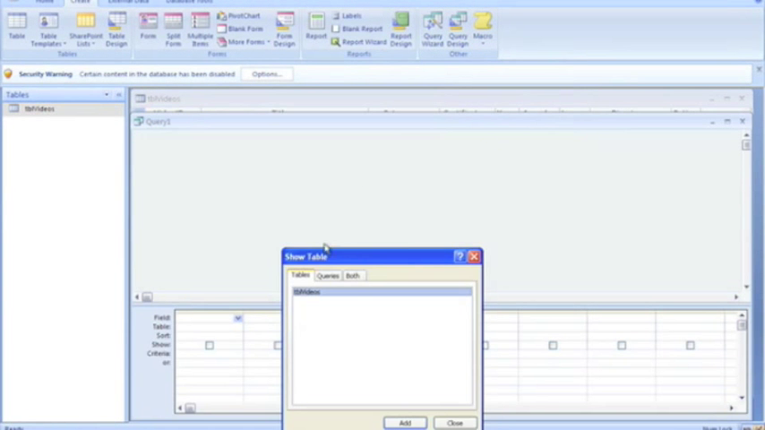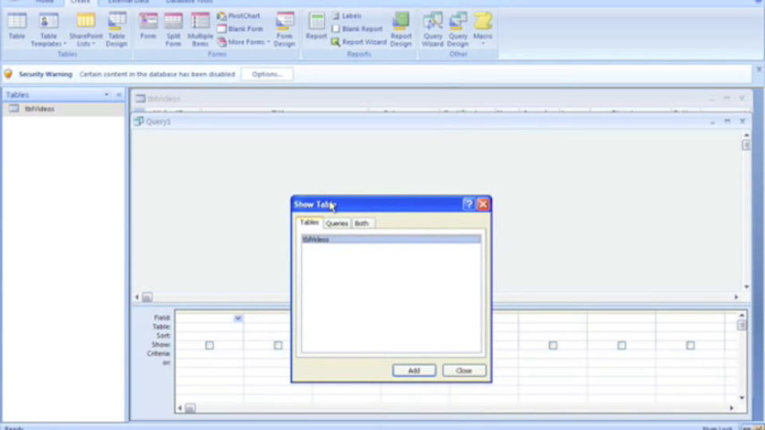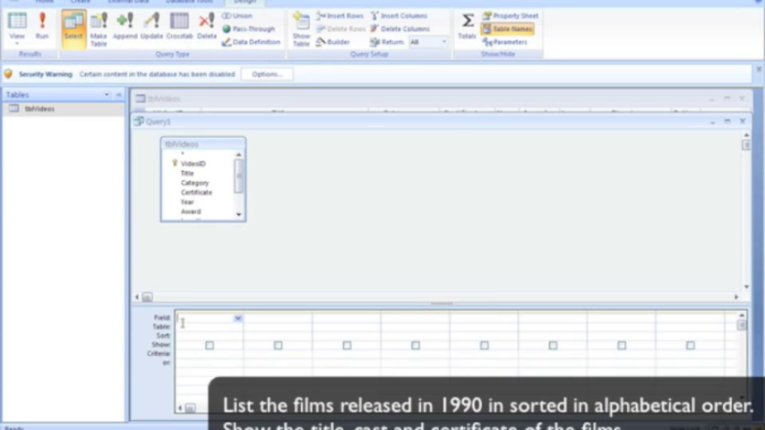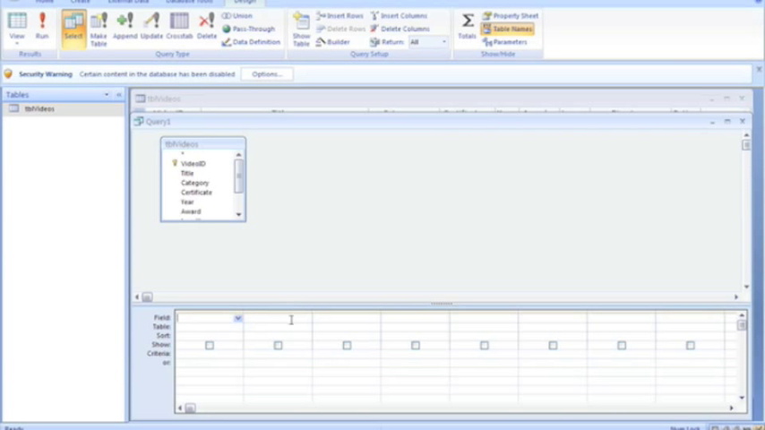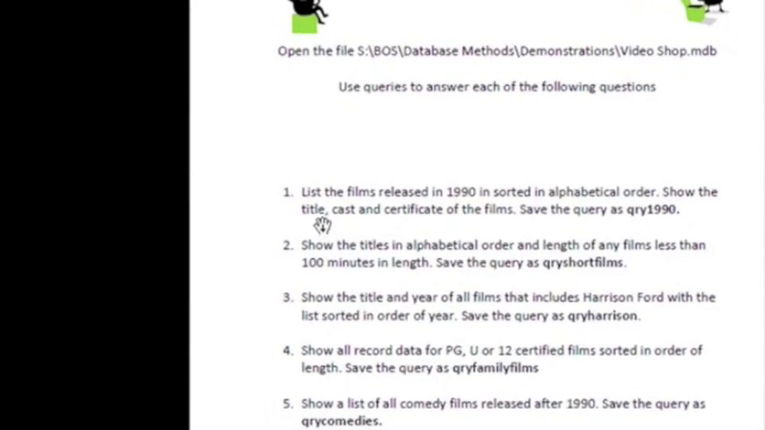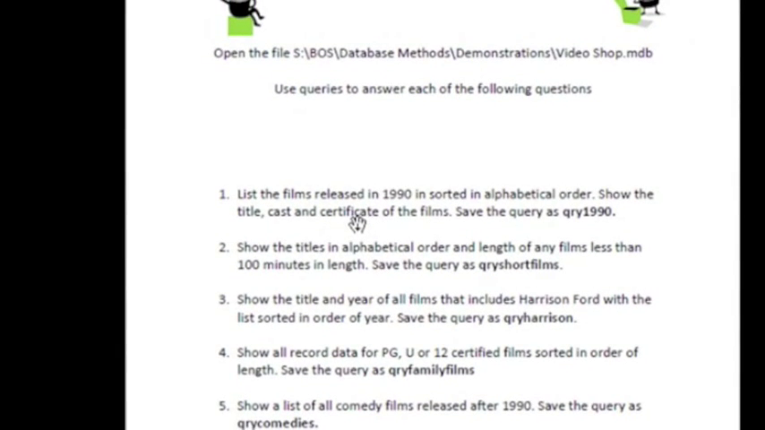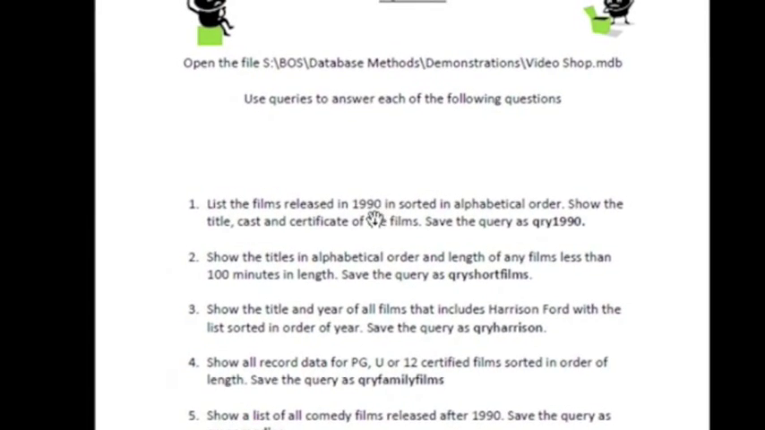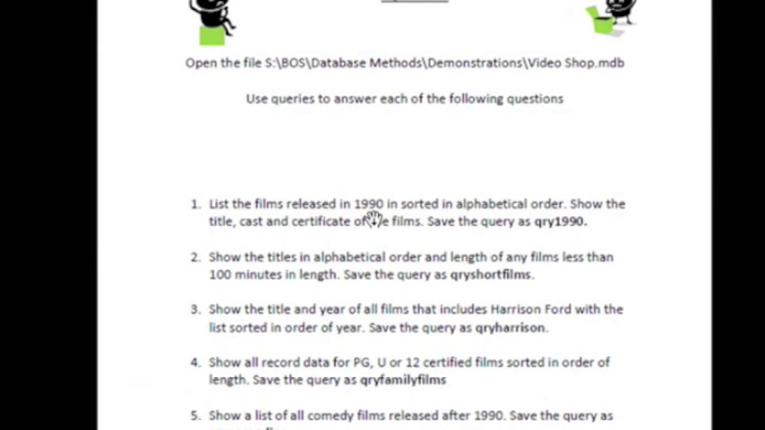So we have a blank query, and the first thing you're asked is, what table are we going to base the query on? There's only one table in this database. You can see that in the objects pane here, and it's called TBL video. So we're going to add that to our query and close it off. Now this area shows the design of our query and what fields we wish to display. We're going to show the title, cast and certificates of the films. We also need to include the year of the films as well, because the query is based on the year